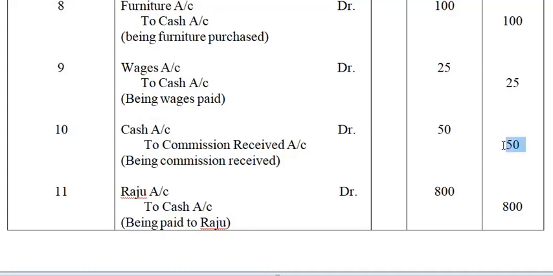so credit all incomes, so it is an income for you, so commission received account will be credited out here. Okay, so commission is of two types, one is received and the other one is paid or allowed. So when you receive commission, simply write received. Okay, but if you are making any kind of payment of commission, then you can simply write commission.